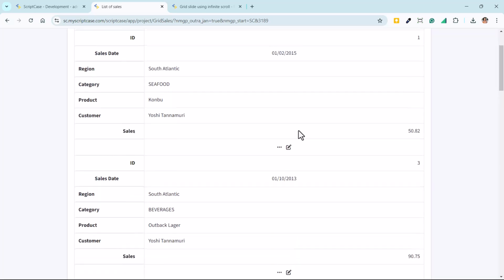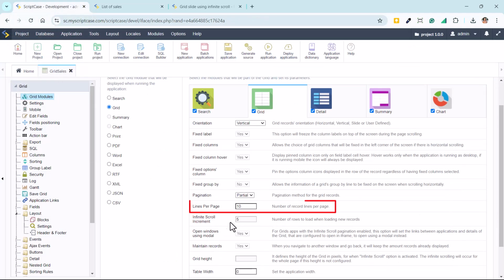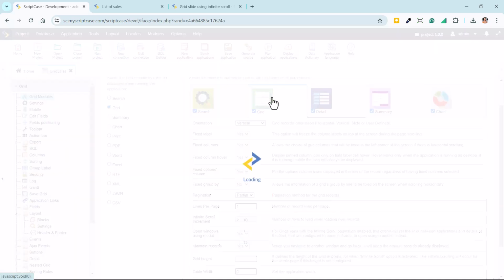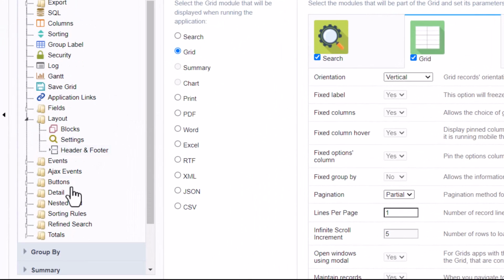type of change. It's a little mess here, but then back to Scriptcase, you can define the lines per page. We can have, for example, just one line per page. It makes more sense for this orientation. And you should have here to organize the fields. So if you want to organize the fields, you have to go field by field.